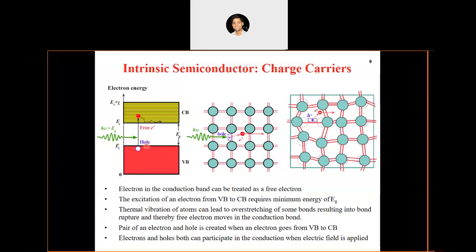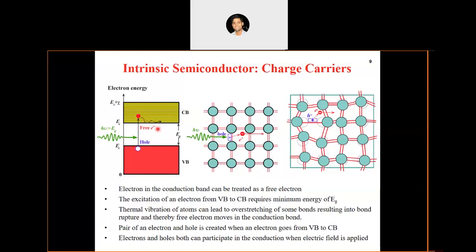How it can happen is, as I said, if you want to excite an electron from the valence band to the conduction band, you need to provide a certain amount of energy, isn't it? So we are providing this energy in the form of a photon. A photon is basically optical energy, right? So in the form of a photon which has energy greater than the band gap of the material. If we provide this energy through the photon, this photon will collide, or give its energy to an electron, and then that electron will gain enough energy to jump from the valence band to the conduction band.